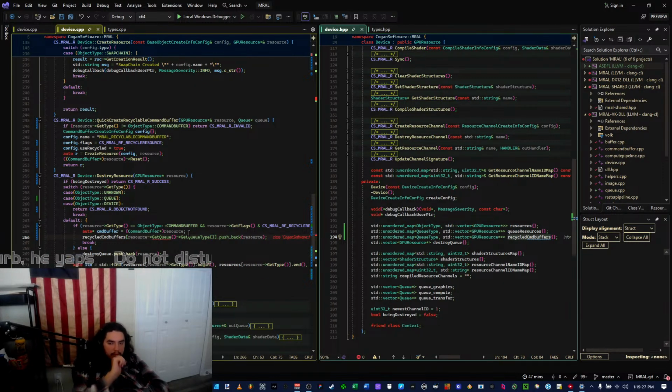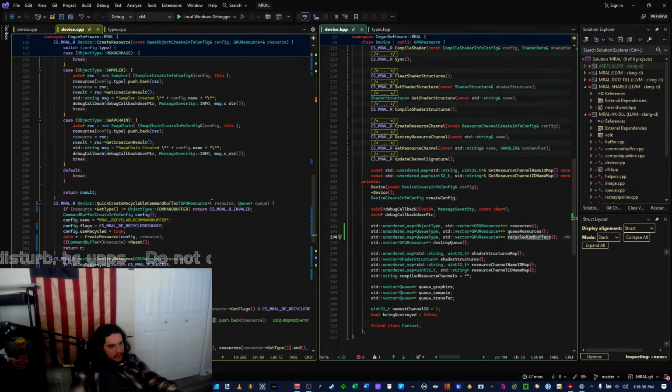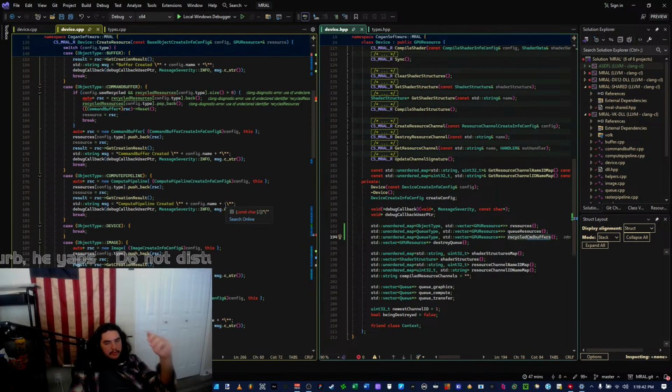That in theory would give me the q type. That's our grid there. Basically, what I'm doing is when I recycle single time command buffers, they get organized by what q type they're responsible in.